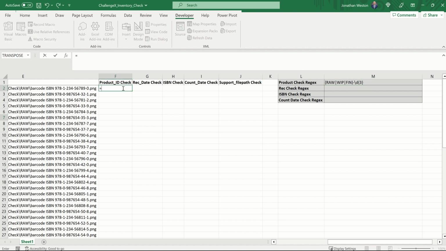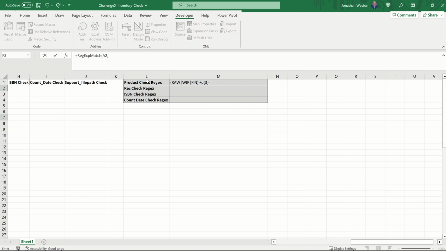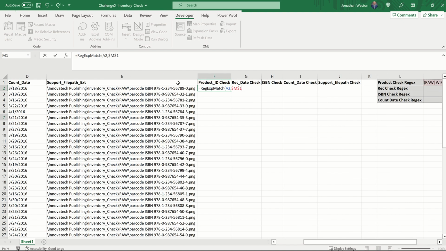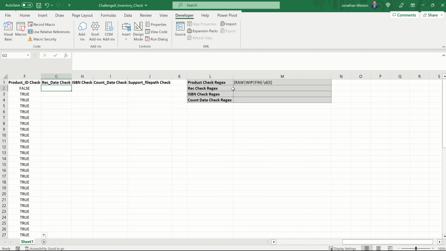We can then put this here and call the regex match formula. The first argument is the text we want to analyze, and then the next is the regex statement. We'll anchor that so we can copy it down and paste it down. The receipt date, it says that the receipt date refers to when an item was received